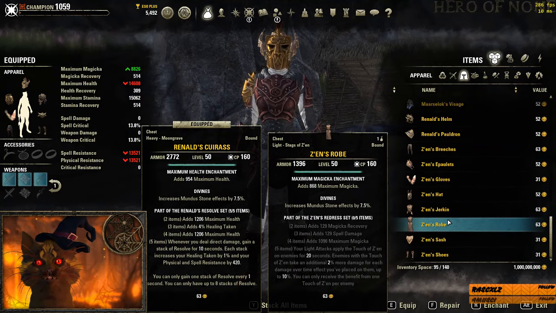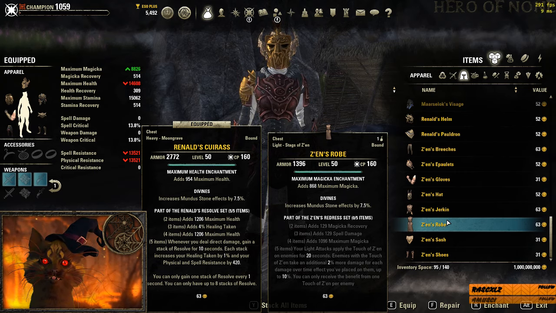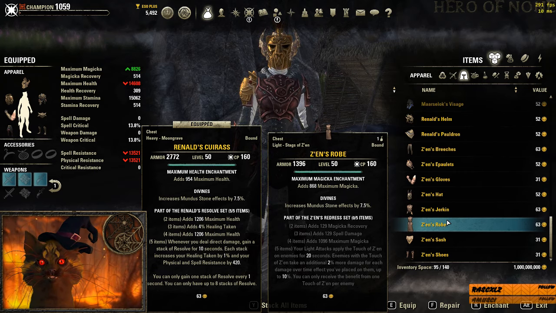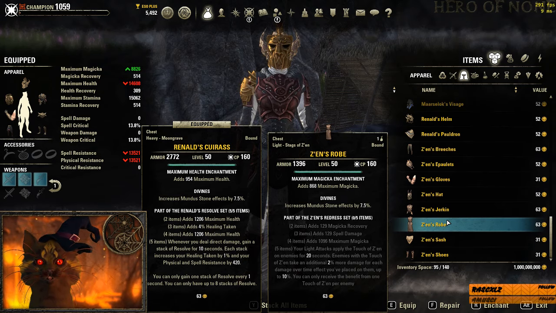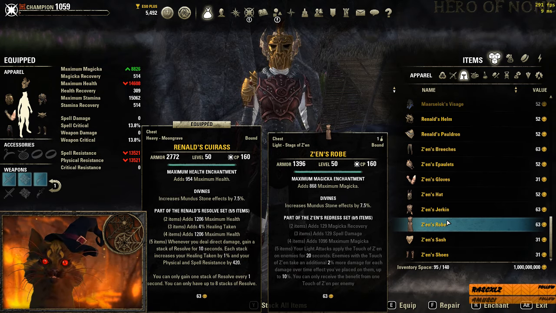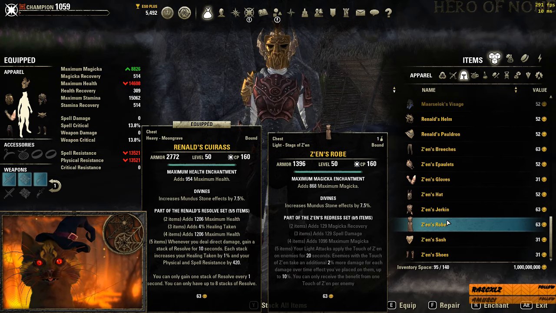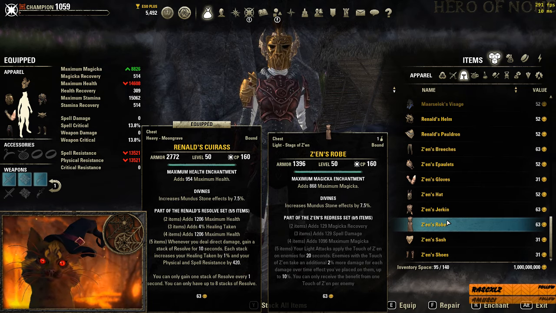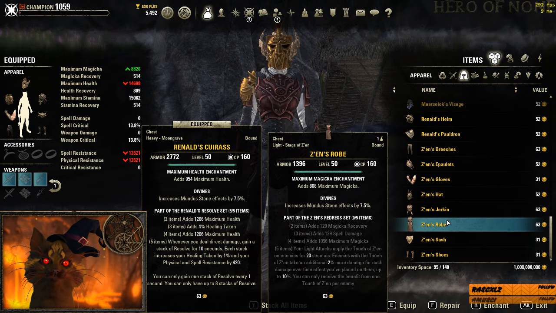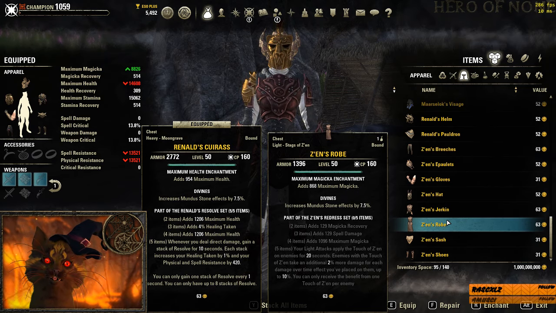Okay, and then the light armor set for this. Magicka recovery, spell damage, magicka, and when your light attacks apply a touch of Zen to an enemy for 20 seconds. Enemies with touch of Zen take an additional 2% damage for each damage over time effect you placed on them, up to 10%. You can only receive a benefit of 1 touch of Zen per enemy. Don't know if this is going to be strong or bad, but